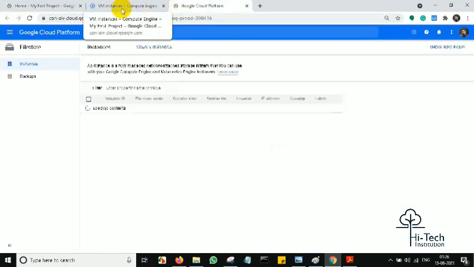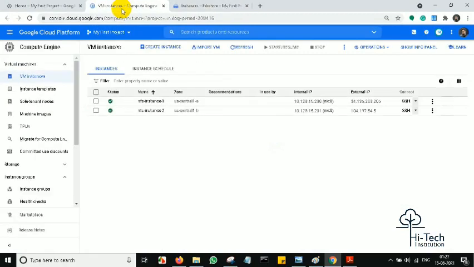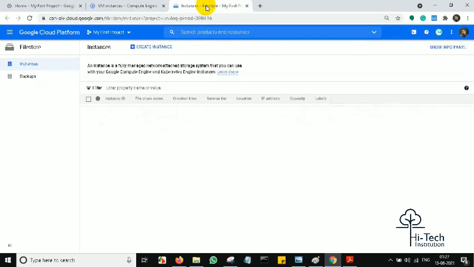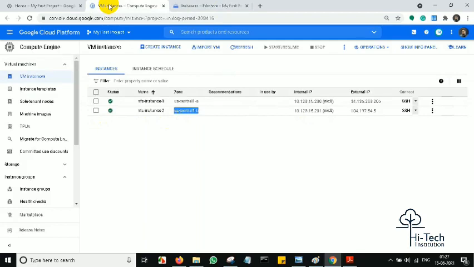In parallel, I have available instances in the same VPC. You can see the addresses 10.128.15.200 and another NFS instance, 10.128.15.201. Both are in the same network. One is in the US Central 1A availability zone, and the other is in US Central 1B, another availability zone. Now in the same network and same region, I'm going to have my Filestore server. This is going to be a new Filestore instance, which we can access via these two clients. That is my setup.